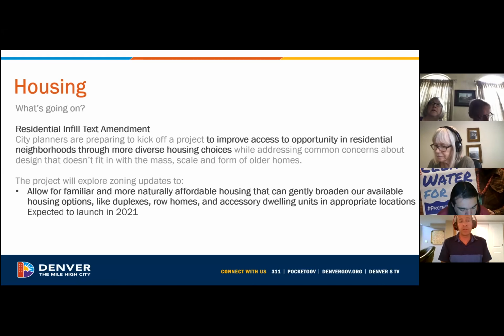Also on the housing front, something that we'll be launching in 2021 is the residential infill text amendment, where we're looking to improve access to opportunity in all of our residential neighborhoods through more diverse housing choices, so we could achieve more naturally affordable housing in our neighborhoods. I think this one is important. Again, I don't have a lot of details on the effort, and Sarah could fill in. Abe Barge will